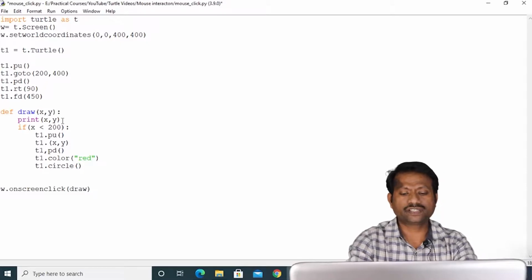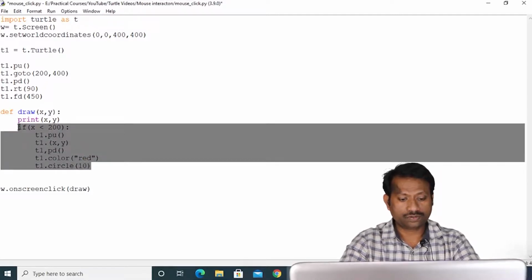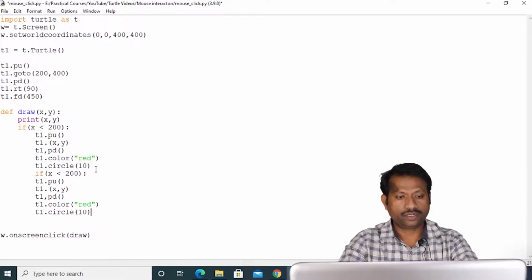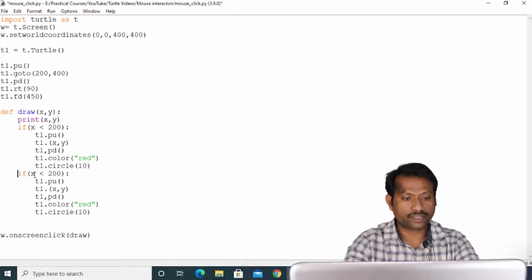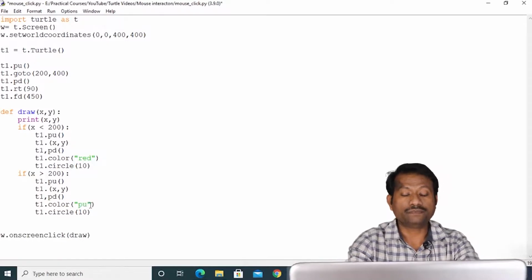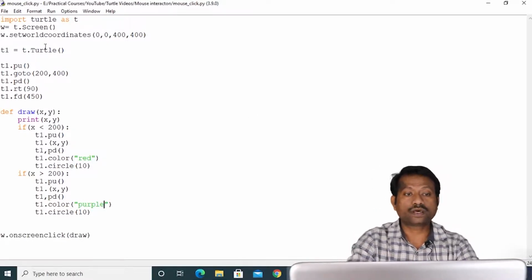I can say let us take the radius 10, and now let me copy the same code. And if the x coordinate is greater than 200, it should draw the circle, but the circle color should be purple. Now it will draw a purple color circle.